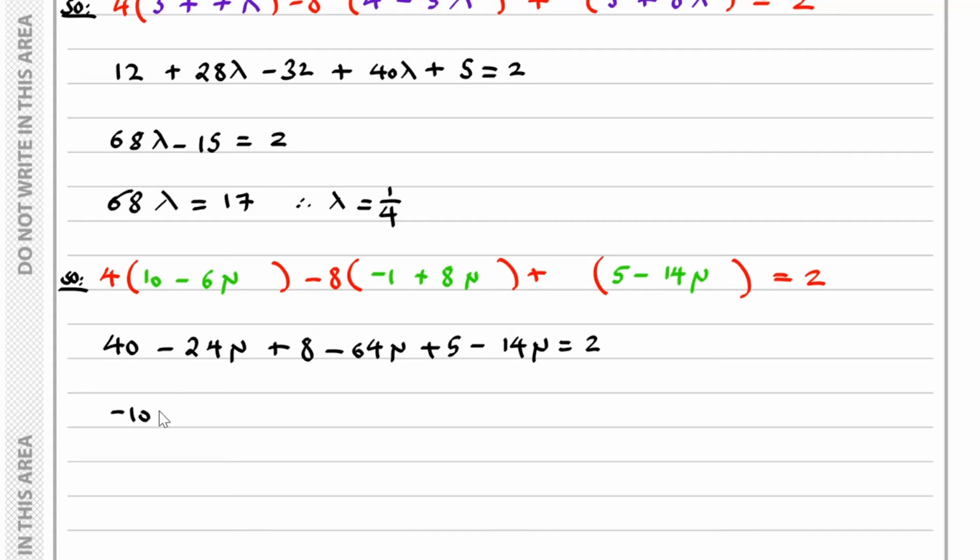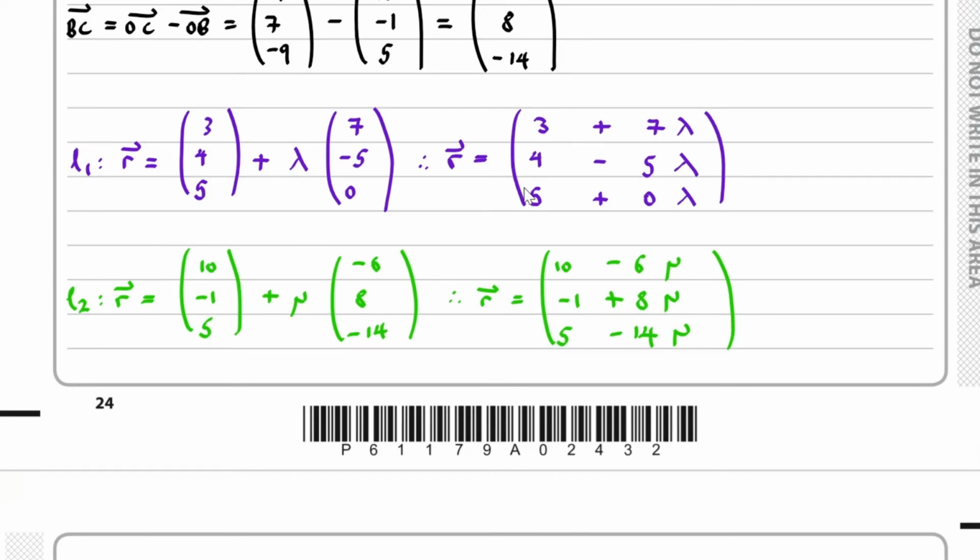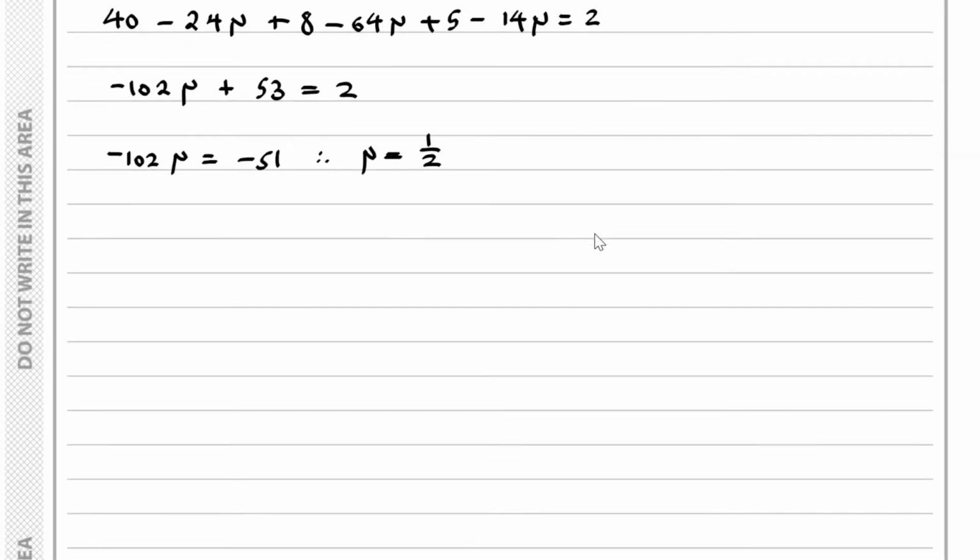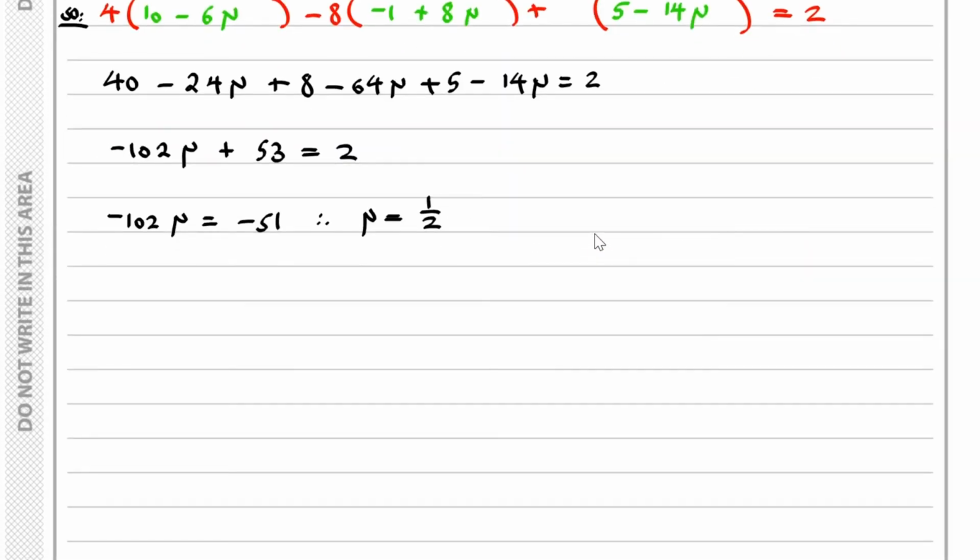So we have minus 102 mu plus 53 equals 2. Minus 102 mu equals minus 51, and therefore mu is equal to 1/2. So knowing these values, we can now substitute back into here to state the values of p and q. So if we consider p, we can find it by,